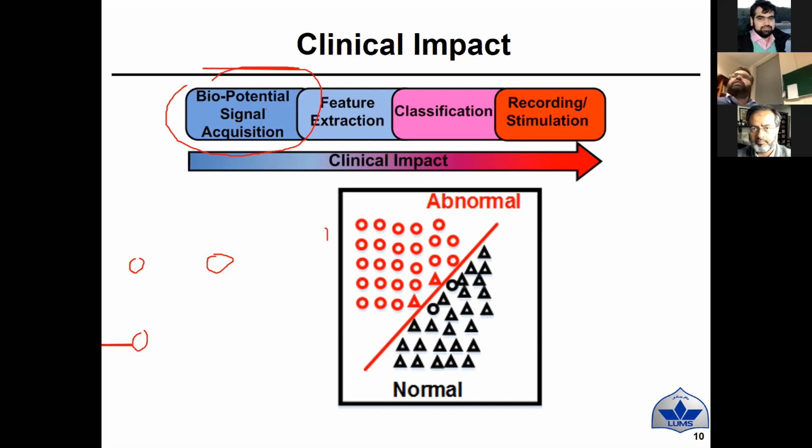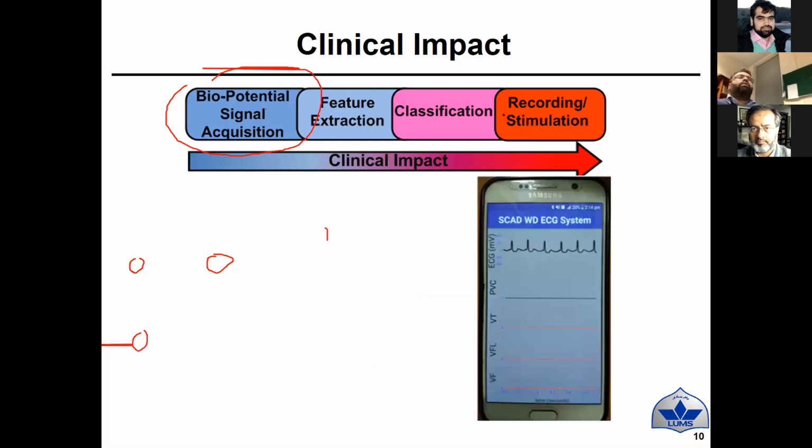And the final and the last is recording or stimulation. जिस तरह मैंने पहले कहा था कि recording या stimulation means some sort of feedback. Recording matlab you record those ECG patterns, you record your abnormality pattern for later use, for later feedback from the doctor, because we cannot take the doctors out from the overall equation. We want to facilitate them. We want them to reach disease detection as early as possible so that the person can get cured. And then we also want the stimulation. Stimulation can be medicine, stimulation can be a life change, stimulation can be some electrical stimulation, some optical stimulation.